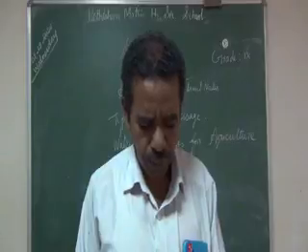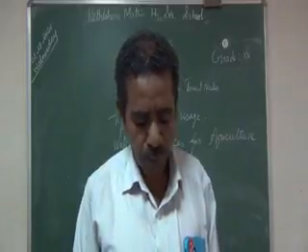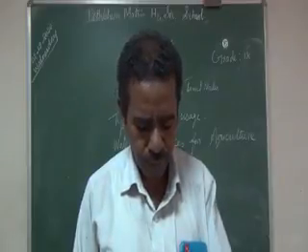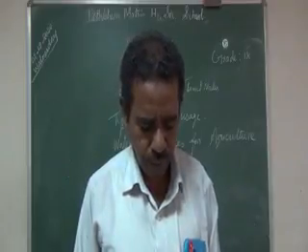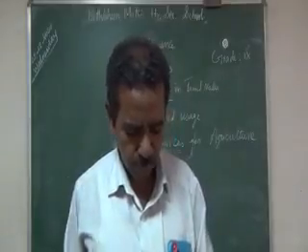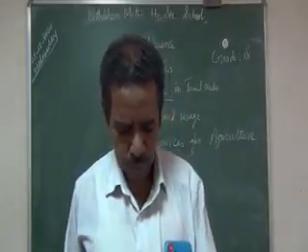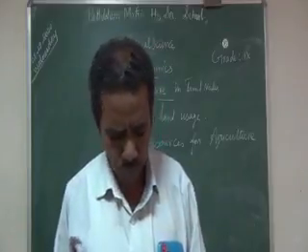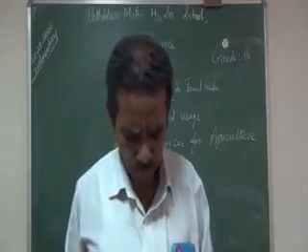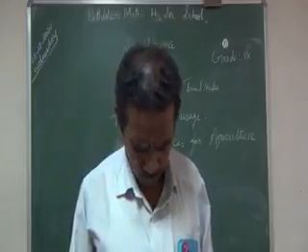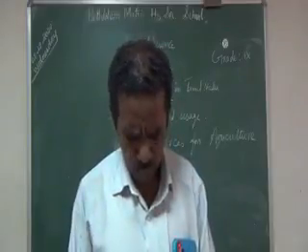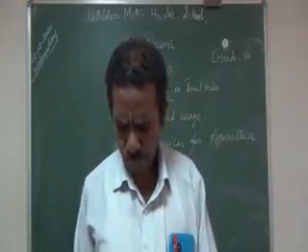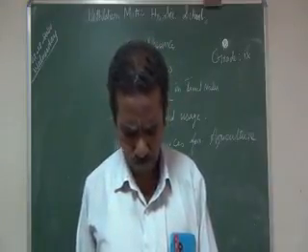Then the fifth one: differentiate between small and marginal farmers. That is page number 307, last line, and 308, first para. Marginal farmers are those who cultivate an area less than